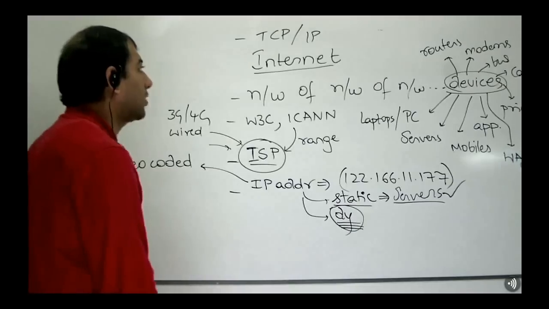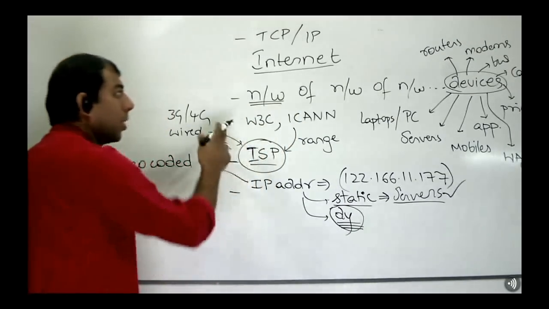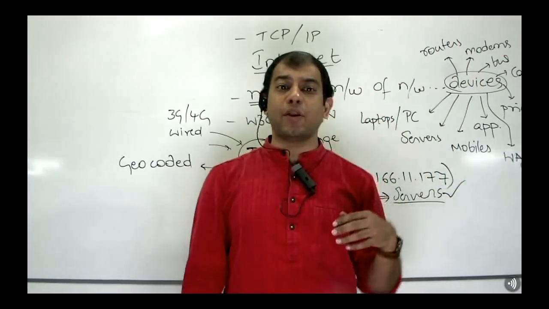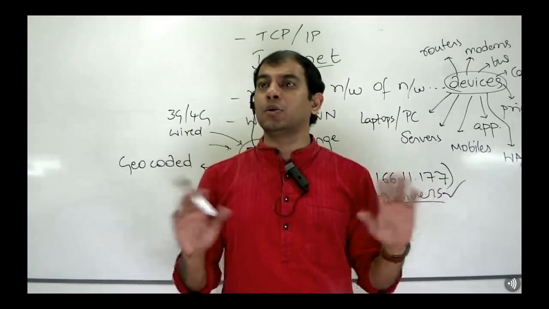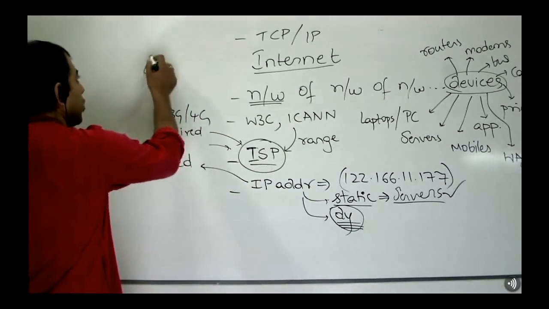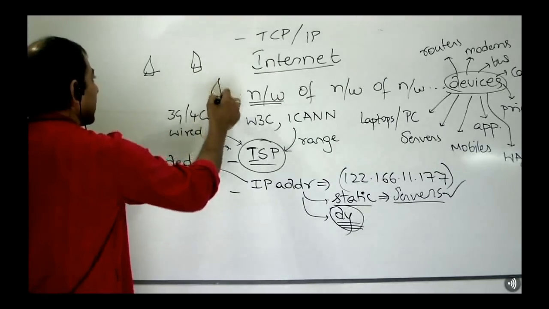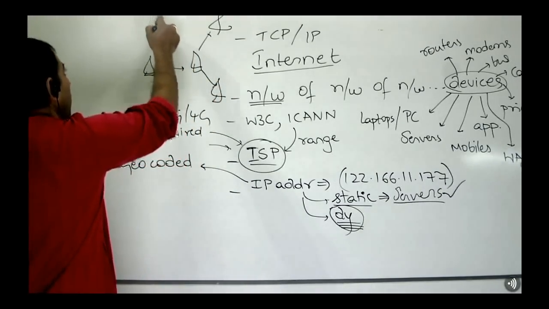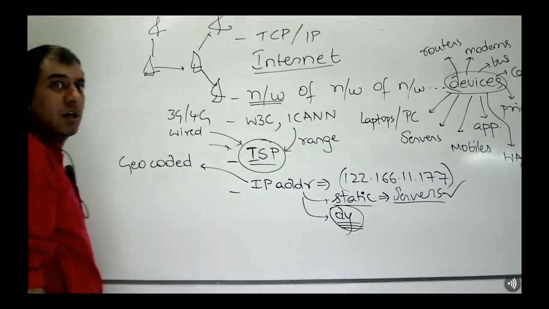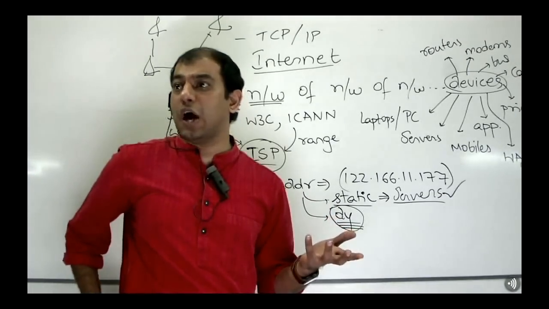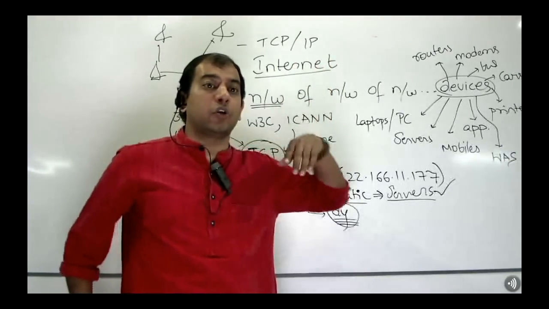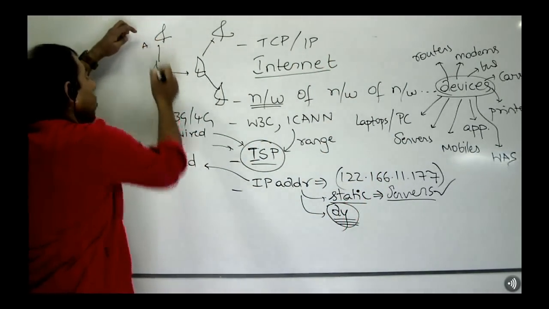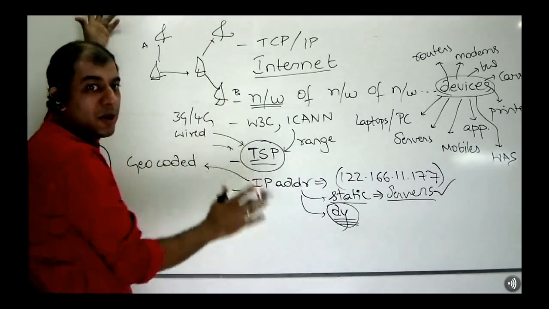But before you understand how it works, remember this internet is a network, but what kind of a network is it? Is it a network where every device is directly connected to every other device? Is that the way the network is built? No, no, no. Clearly how it works is you have one device connected to another device, that is connected to another device, and so on. There is no interconnection between all the devices, isn't it? So it is kind of a fragmented network of sorts, which basically means TCP/IP also provides routing ability. If device A wants to communicate with some device B, A and B being IP addresses, let's say.